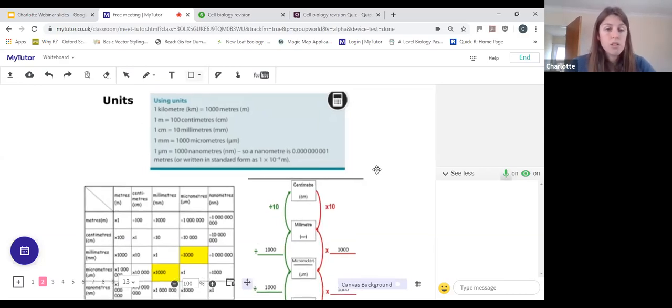So let's start at the top with kilometers. A kilometer is 1,000 meters. 1 meter is 100 centimeters. And the clue here is in some of the prefixes to the words. Centi means 100, milli means 1,000. So quite often you can get an idea of conversions from the words themselves. So 1 meter is 100 centimeters. 1 centimeter is 10 millimeters. But that means that there are